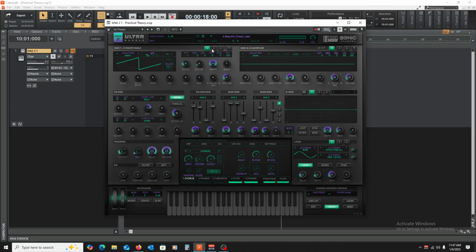They're going to have essentially four sections. They're going to have a waveform generator, a filter section, an envelope section, and an LFO section. Not all synthesizers will have effects and all these other options available to you, but that's neither here nor there. We're going to get into synthesis